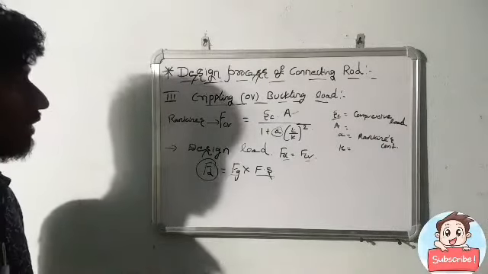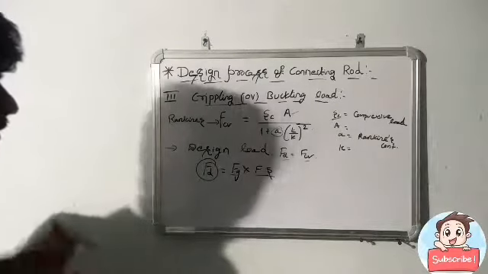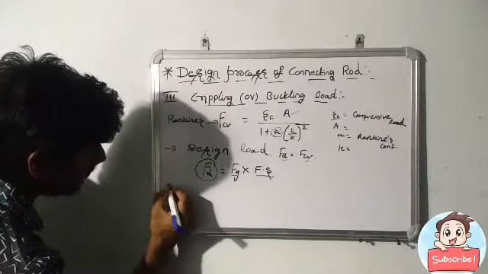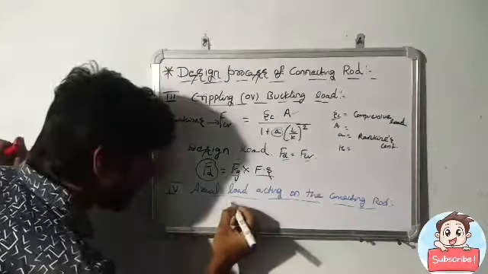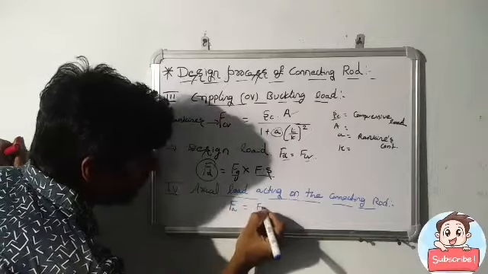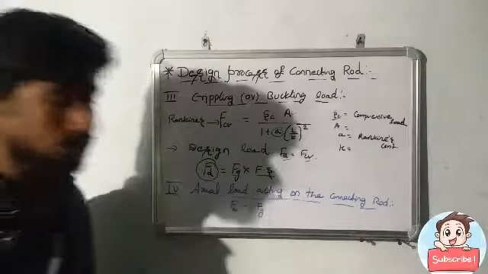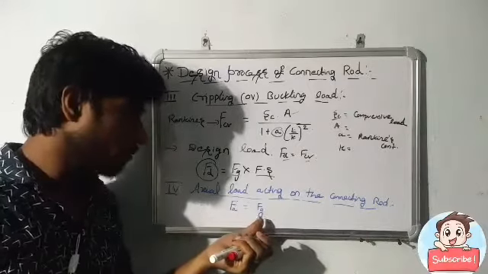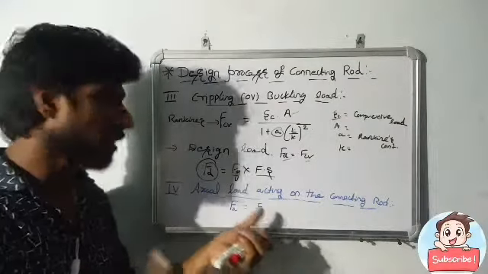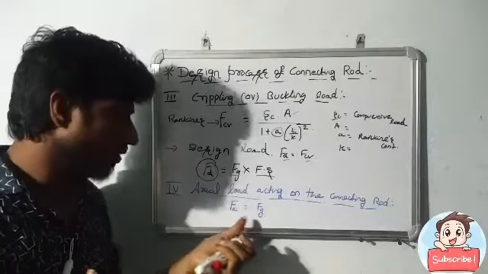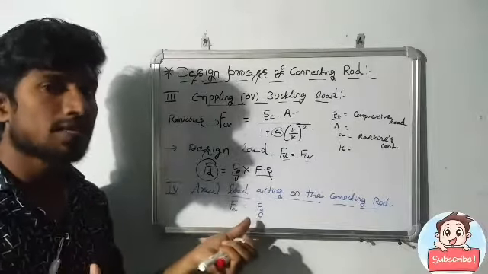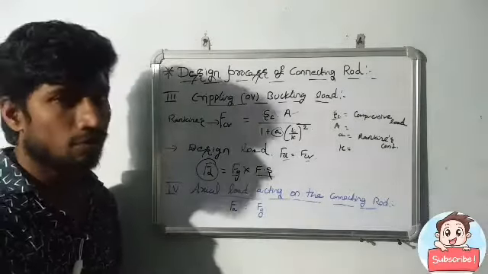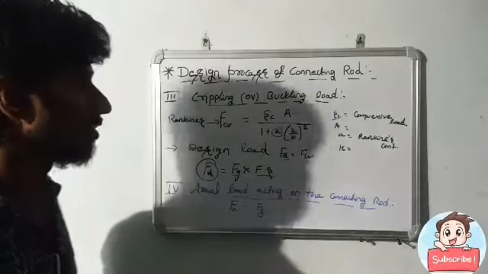That is the axial load acting on the connecting rod. It is the fourth step here. That axial load, indicated by FA, is equal to Fg. Why? Because the maximum gas pressure load acting on the connecting rod is also applicable for the axial load. So the axial load acting on the connecting rod is equal to the steam or gas pressure load. So this is about the fourth step. Go to the next step, that is the fifth step here.